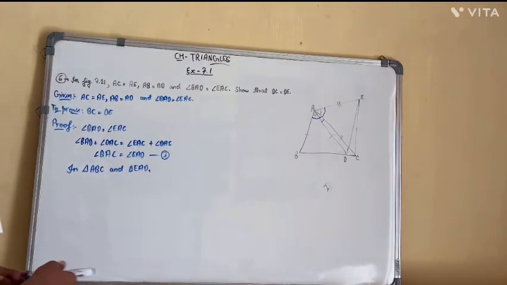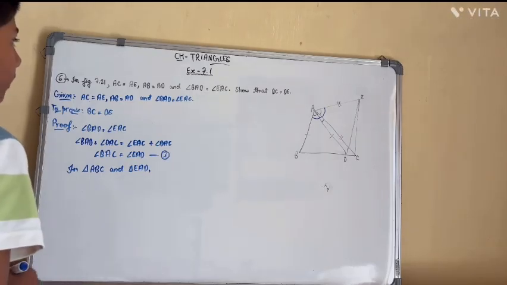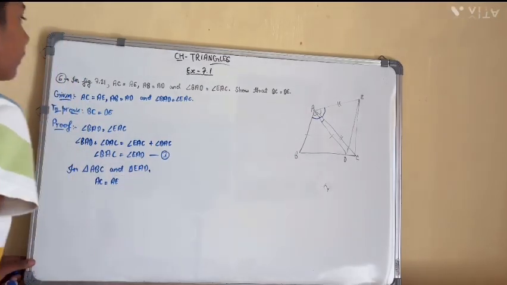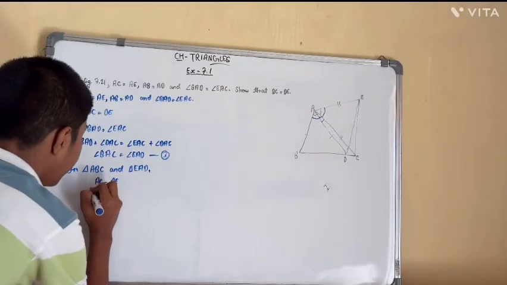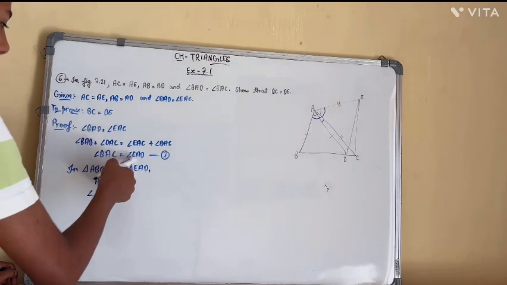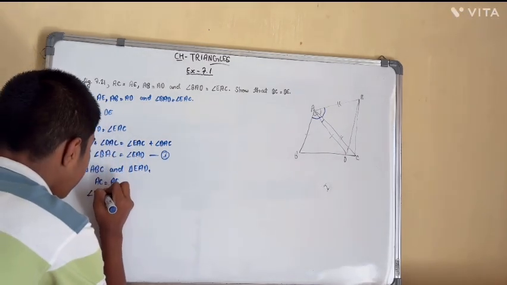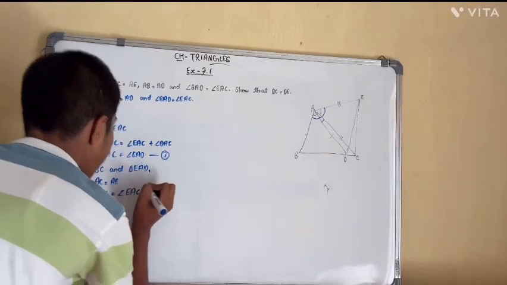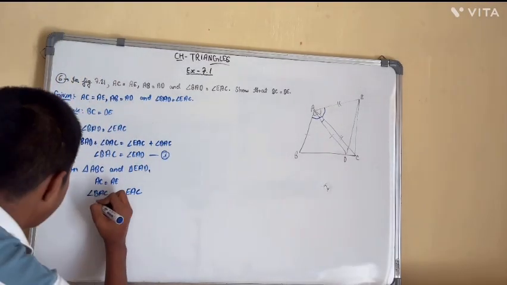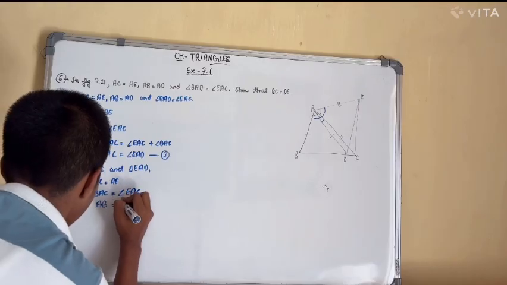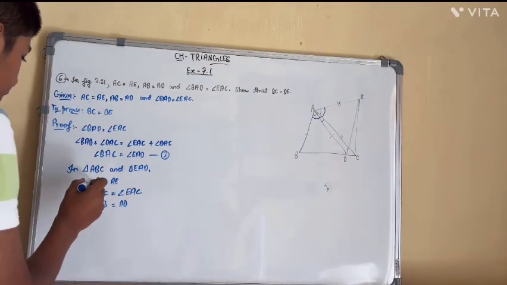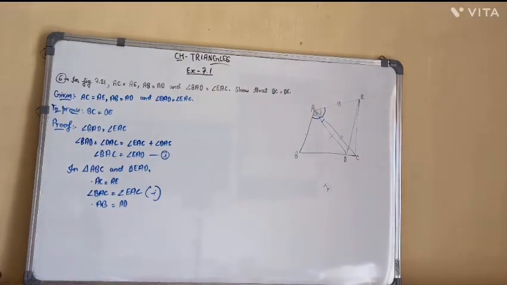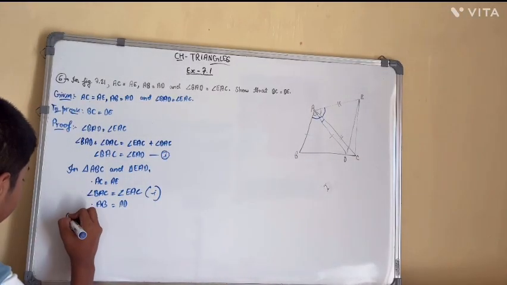Okay, so we can say that AC is equal to AE, this we know, and angle BAC is equal to angle EAC, and this is also given, AB is equal to AD. So these two are given and this we are finding from first. Okay, so by side angle side